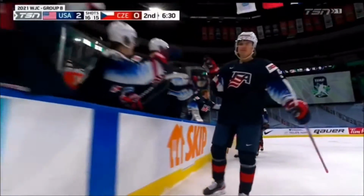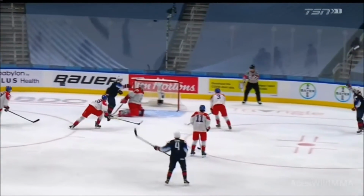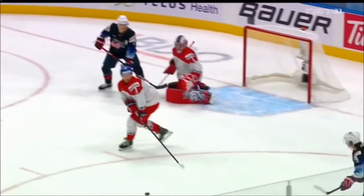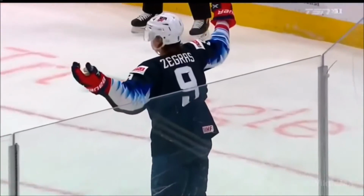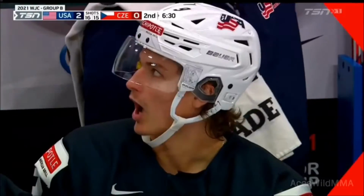Berard is not even in the same spot, as the puck comes over, oh boy, look at where Berard is. He is faked right out of his position. What a pass by Jake Sanderson. Trevor Zegras is not going to miss that anytime. So 4th of the tournament